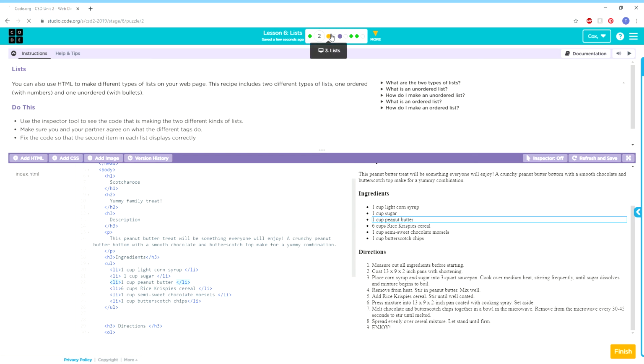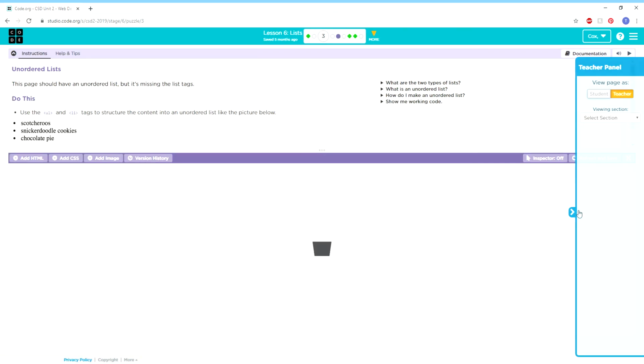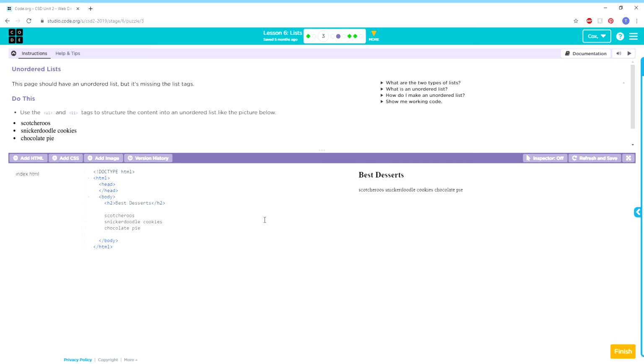All right, let's try this a little bit more here. Let's say, oh, here we are. So I need to make this a bullet point list. Right now it's just all clumped together. So let's start. If I just put the LI, then I'm missing something, and I need to make sure I've got the whole thing. Before the list, remember, I've got to have my list tag. So I need to use an unordered list, and then I'll put list item for each one, list item,